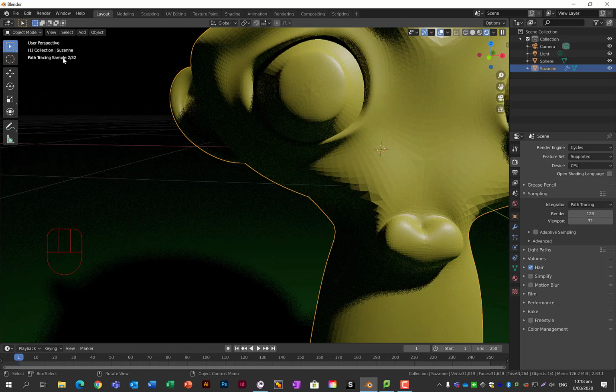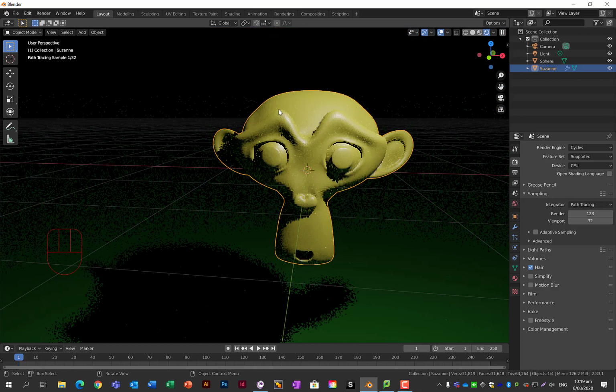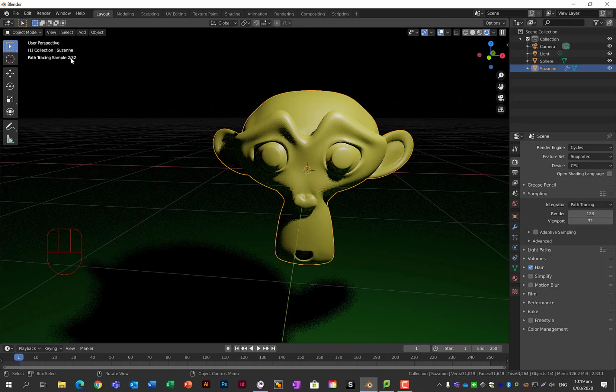And you'll see up here it's got path tracing sample. It's up to 2, 3, wait for it, 4. You see how long that takes. And that is a delay. And so this at sample rate, just to sort of get a guess as to what the quality is like,